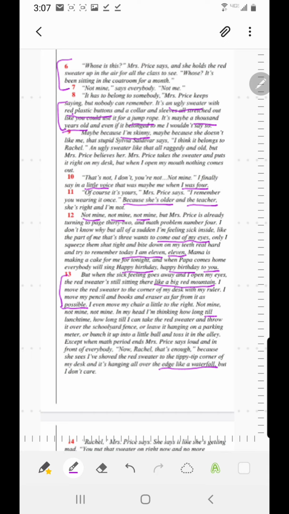But based upon the teacher's response, she probably is causing a little bit of a commotion, right? For her to say, okay, enough with the sweater. But Rachel doesn't recognize that, right? Because again, she's 11. So I want you guys to be thinking about perhaps what this red sweater symbolizes. What could it mean? It's not just a red sweater. What is the overall meaning of this red sweater, and why is it causing Rachel such disdain?